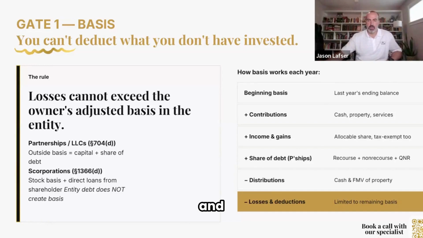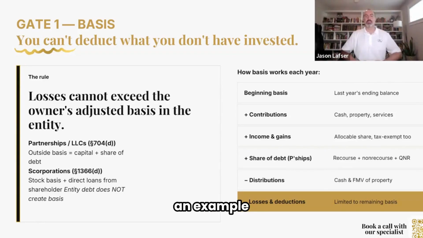You start out, and your beginning basis is either the ending basis from the last year, or if you've got a new business, it starts at 0, right? You get a plus for any contributions that you make, whether it's cash or property. You add to your basis for any income that you pay tax on. So again, with these flow-through entities, if I have an S corporation and that entity generates $100,000 of profit, I am paying tax on that $100,000. So that $100,000 increases my basis in the stock of that S corporation. For partnerships specifically, any share of debt that you have as the owner gives you an increase in your basis. That is not the case with S corporations.